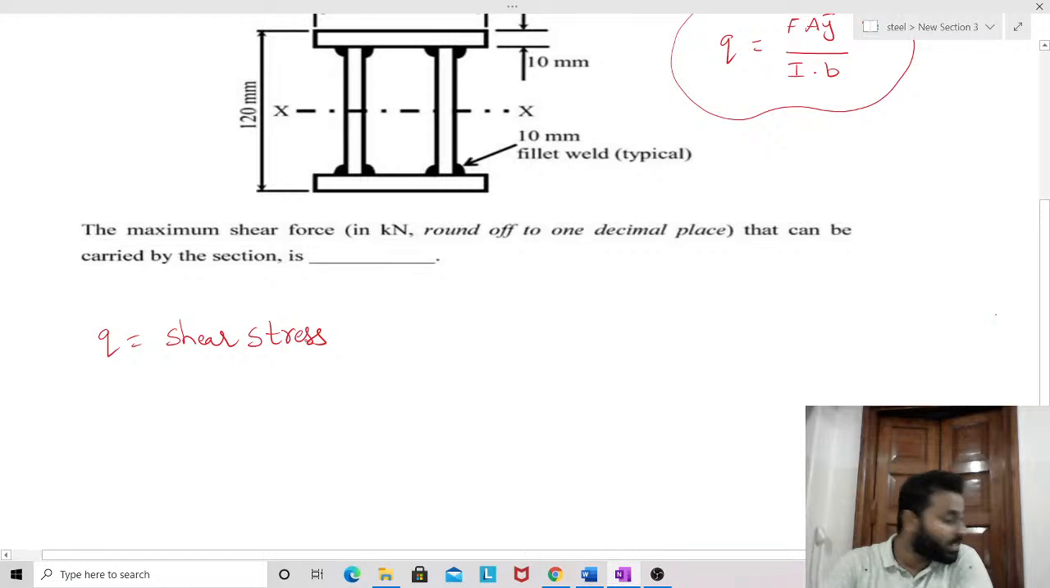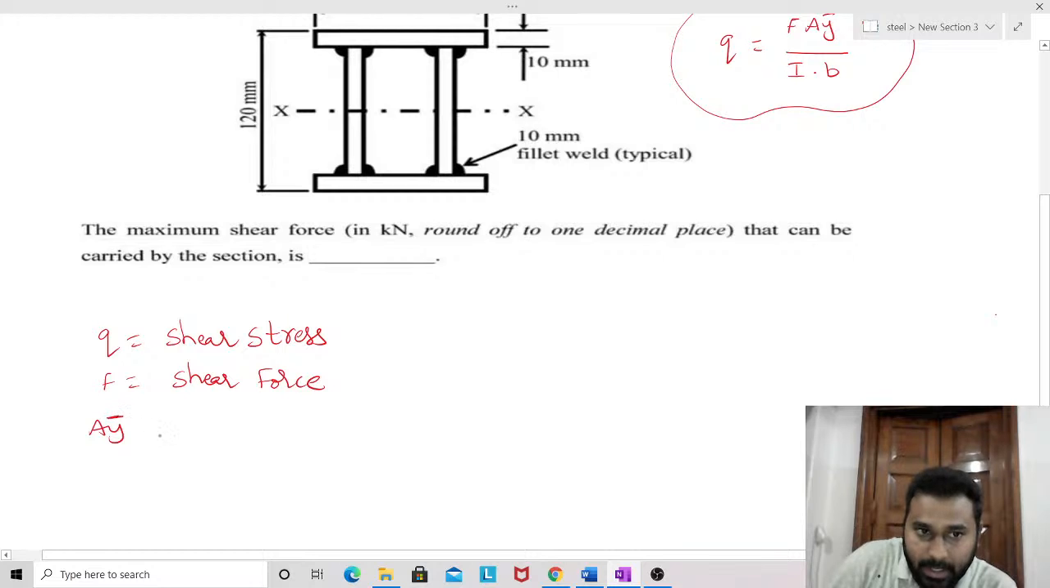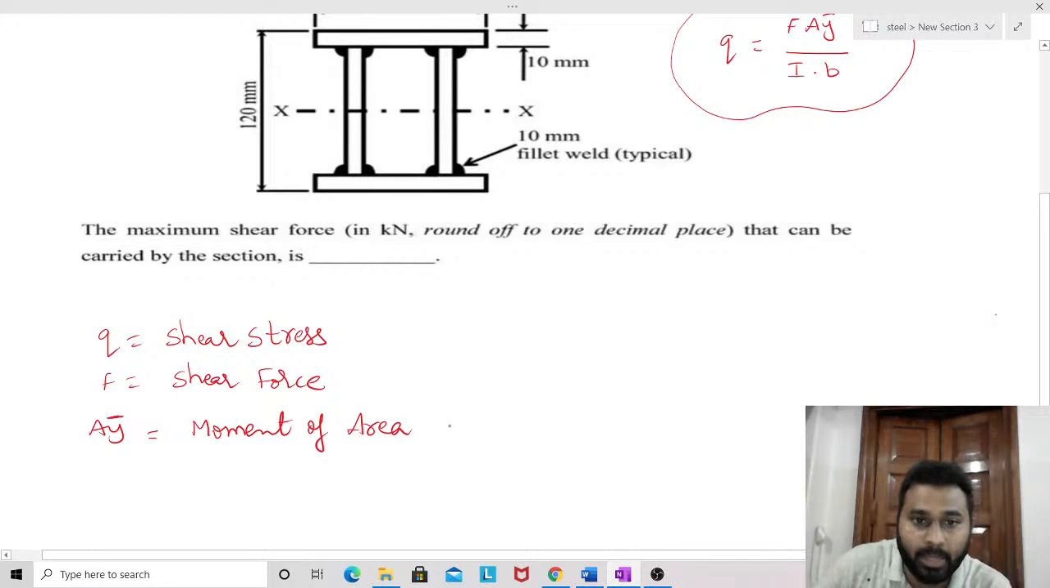Okay, Q is nothing but shear stress. F is nothing but shear force. Now A y bar, this is the tricky term in this formula. A y bar is the moment of area, okay, moment of area